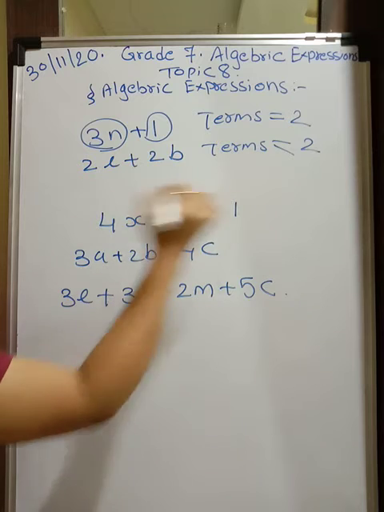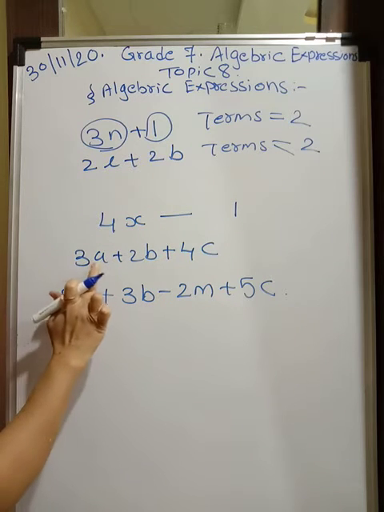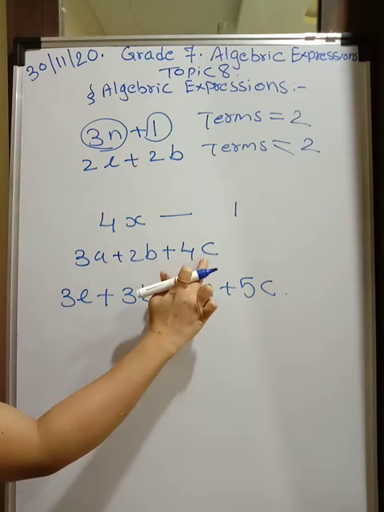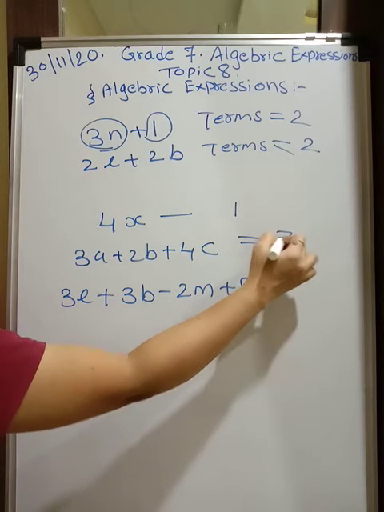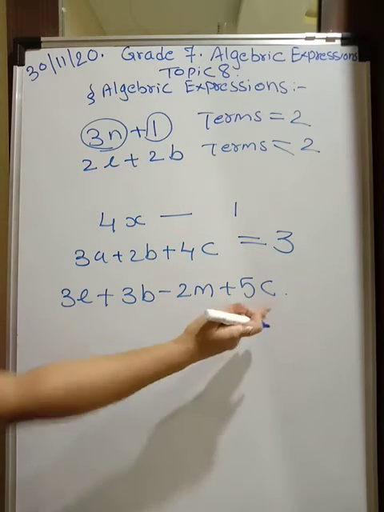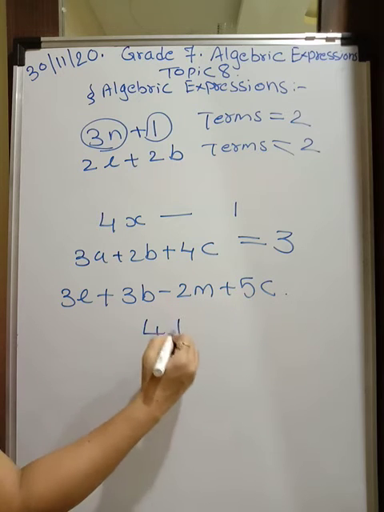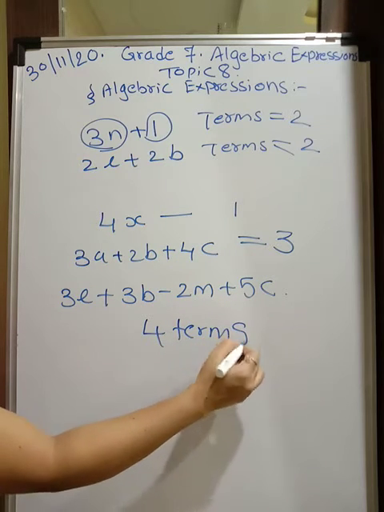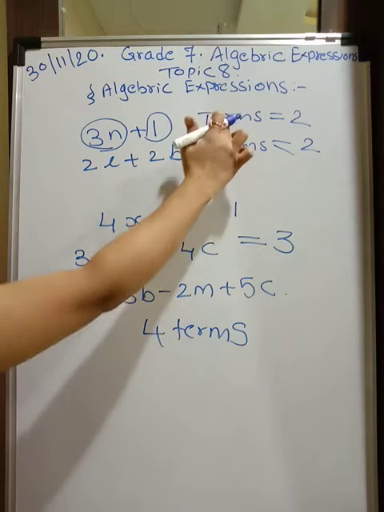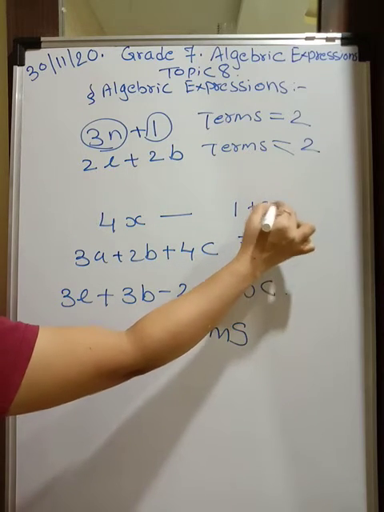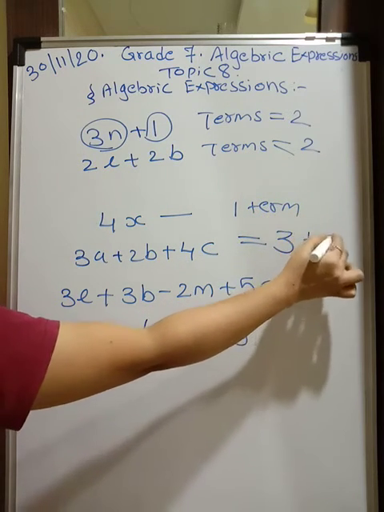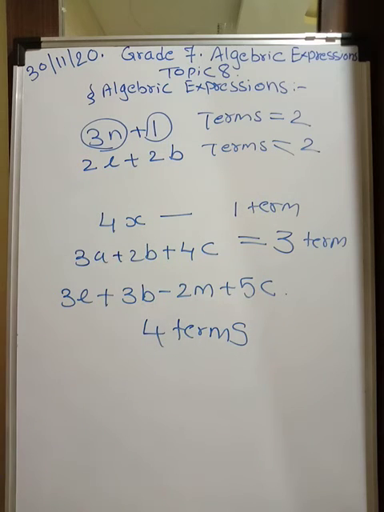Here terms are only 1. Count here, 1, 2 and 3. How many terms are there? 3 terms are there. Count this. 1, 2, 3 and 4 terms are there. 4 terms. So, depending on how many terms are present, 1 term, 3 term, 2 term, we have different names for this